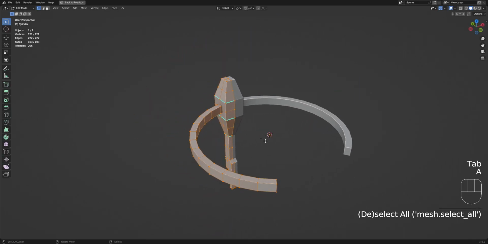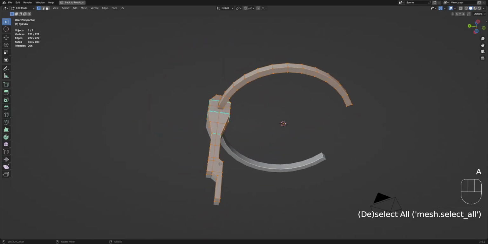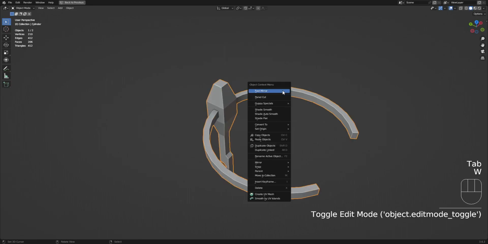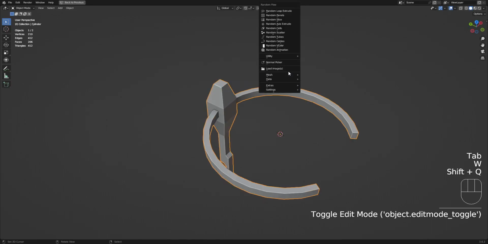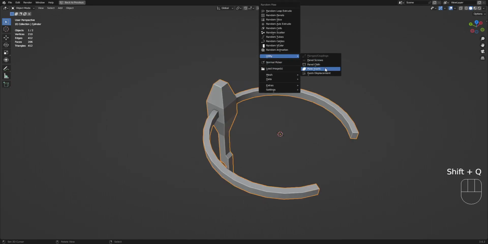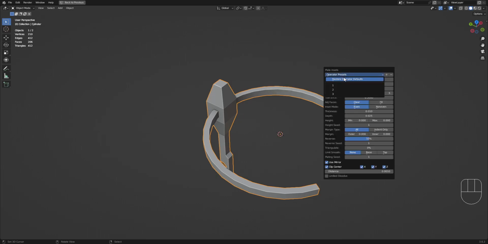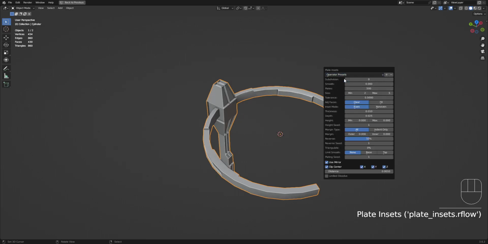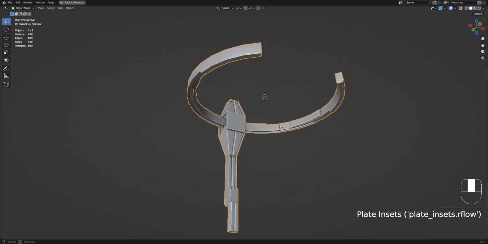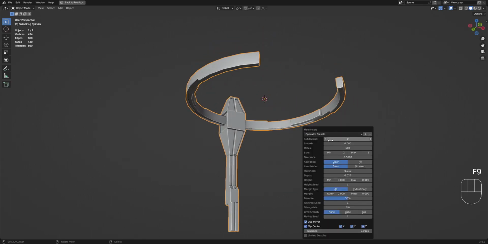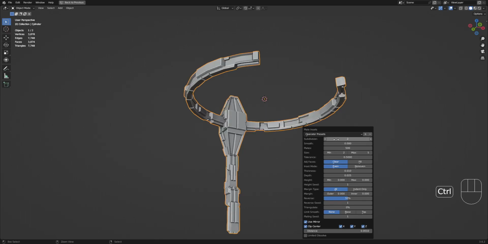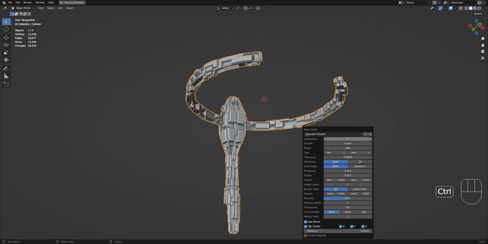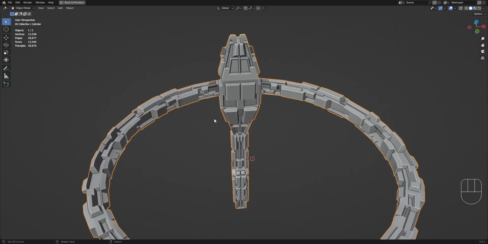Okay, selecting every face, so every face in the mesh. I'm going to go to utility, plate and sets, and we'll start with the basic. So increasing the subdivision increases the amount of faces in the mesh and increases the amount of faces you can play with, or the operator can play with. So you can see that